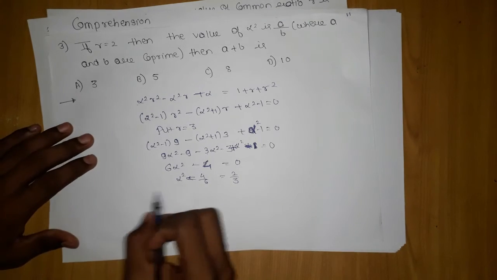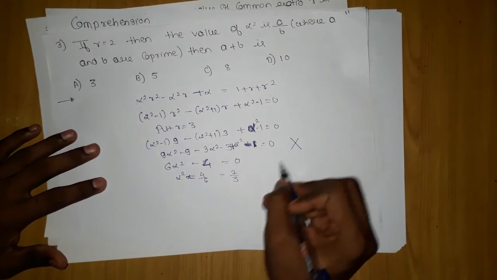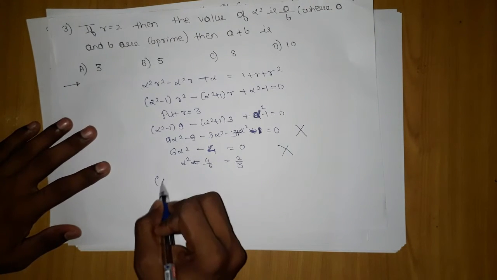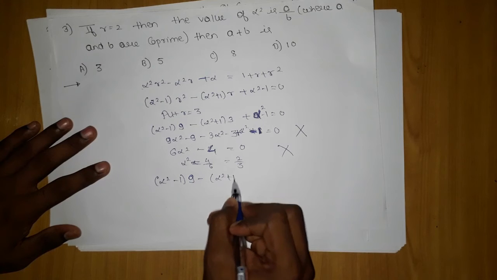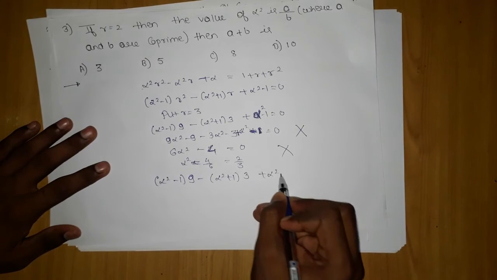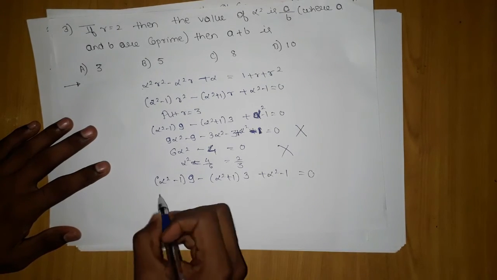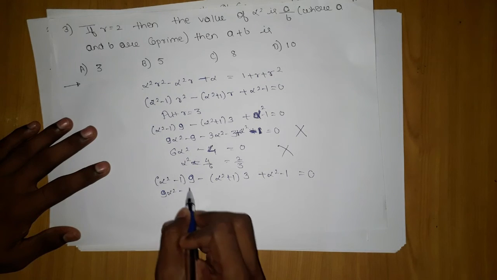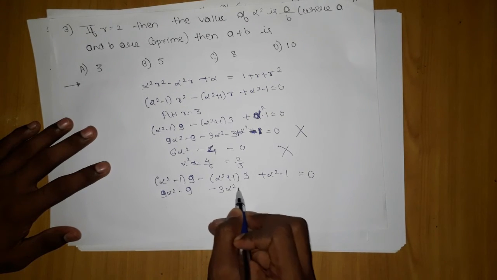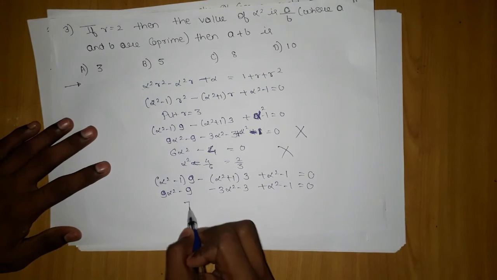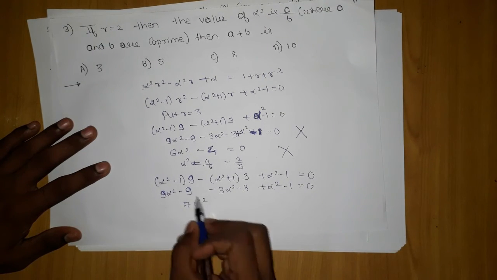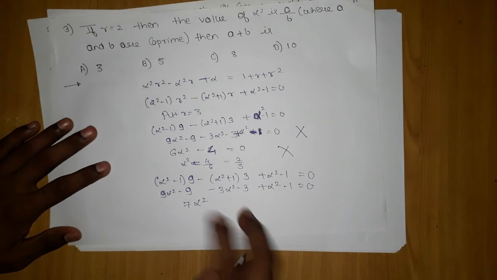Okay, so let's just, okay, this had been quite errors. Okay, so (alpha square minus 1) into 9 minus (alpha square plus 1) into 3 plus (alpha square minus 1) equal to 0. Now let's substitute. 9 alpha square minus 9 minus 3 alpha square minus 3 plus alpha square minus 1 should be equal to 0. 7 alpha square from here, and from here we are getting